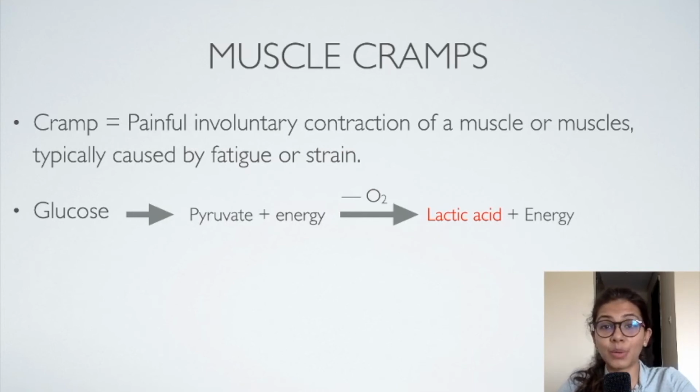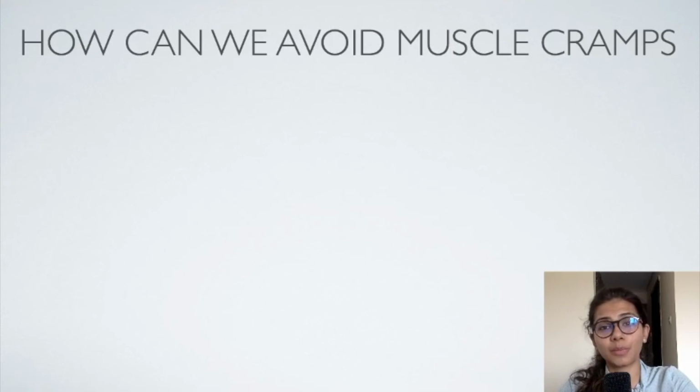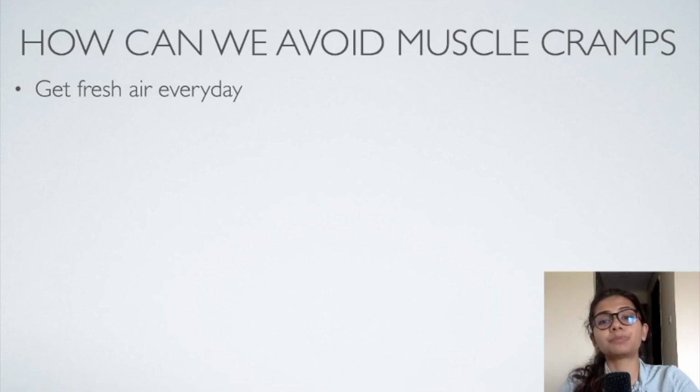So how can we avoid muscle cramps? What can we do for our body so that it doesn't experience muscle cramps? Okay. So first of all, get fresh air every day. There is a rise in what we call indoor pollution, which is causing a lot of physical and mental troubles for human beings and pets all over the world. So to avoid that, get fresh air every day. Open your windows, make sure you get fresh air and fresh natural light. Get some indoor plants that help in increasing the oxygen amount inside your homes or schools, okay?